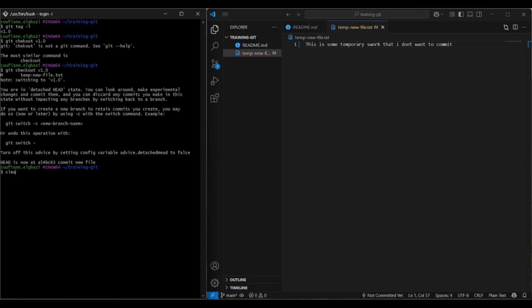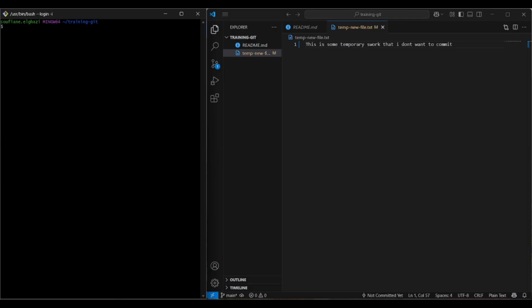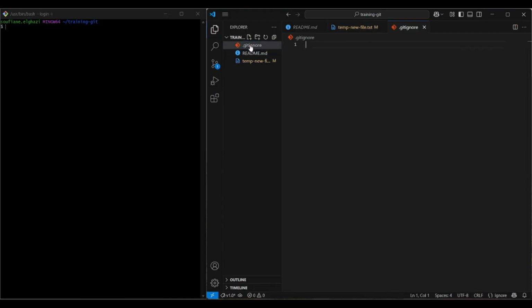Okay, so now we will discuss the gitignore file, what it does. So the gitignore file helps you ignore the files that you don't want to push to your GitHub repository, or your remote repository in general. For example, if I want to push only this readme.md to my repo, I will create a .gitignore file,